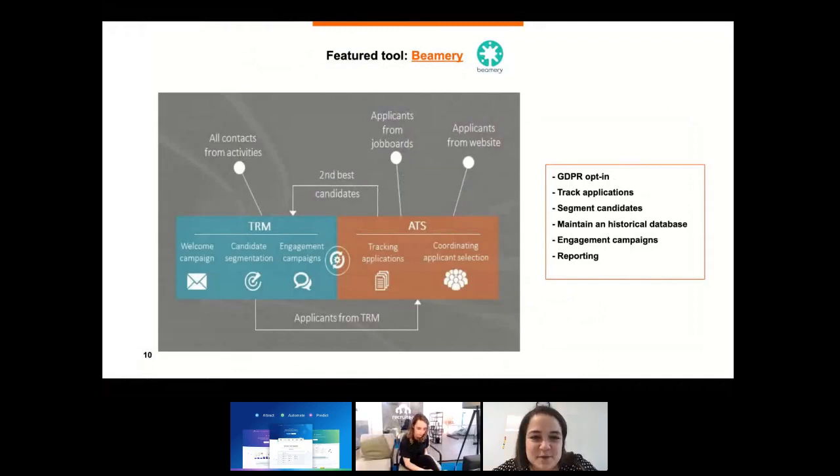So for Beamery, there's the GDPR opt-in. If they want to subscribe to this platform, they need to sign the agreement. This helps us to simultaneously track these applications and segment the candidates, like your bronze and silver medalists.